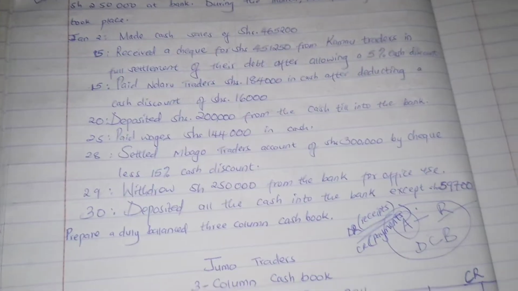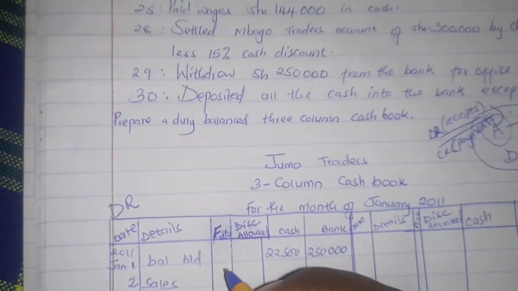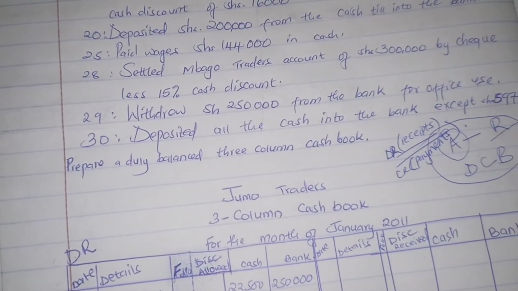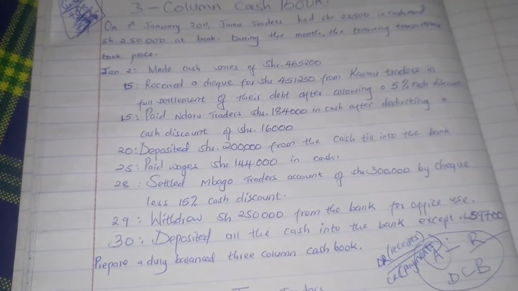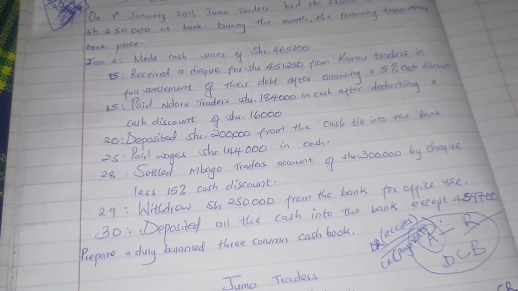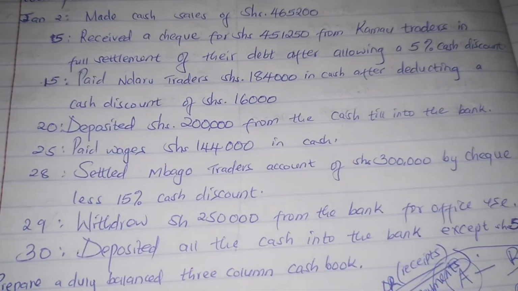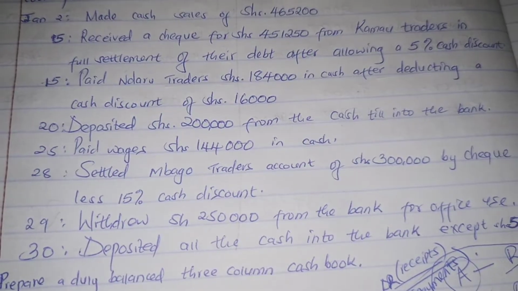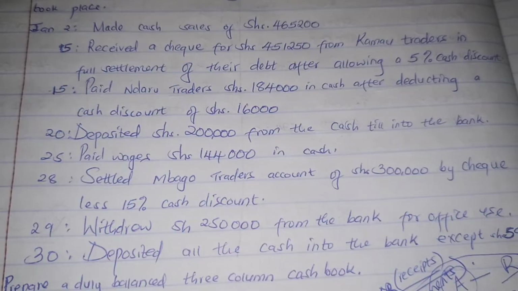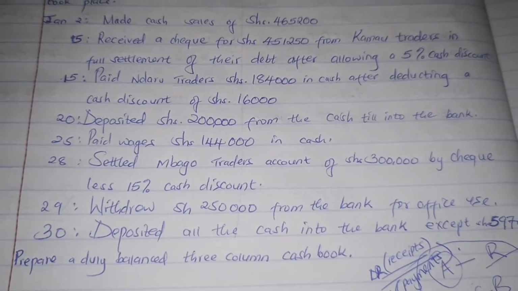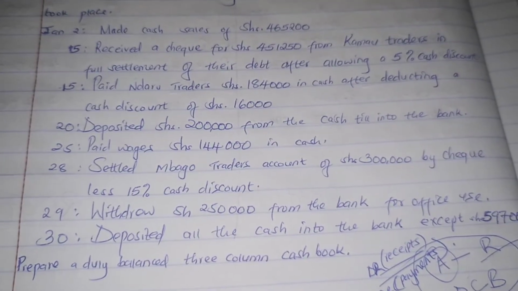So we move on. Cash sales, so money was received. Sales were made amounting to 465,200. Then date 5th, received a check for